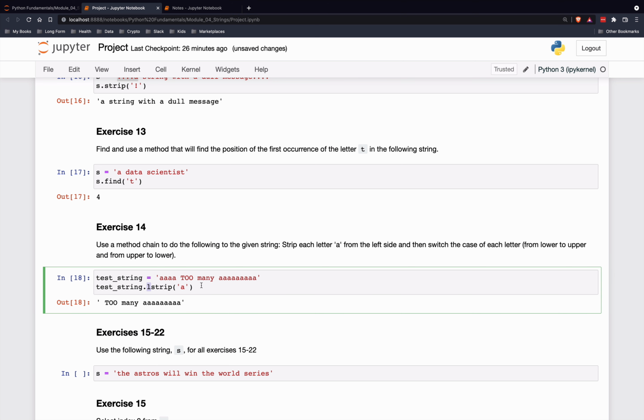This returns a string, which we then want to switch the case. Now you have to look, if you press tab over here, and we want to switch the case, so you might check out, all right, this method has case in it, casefold,